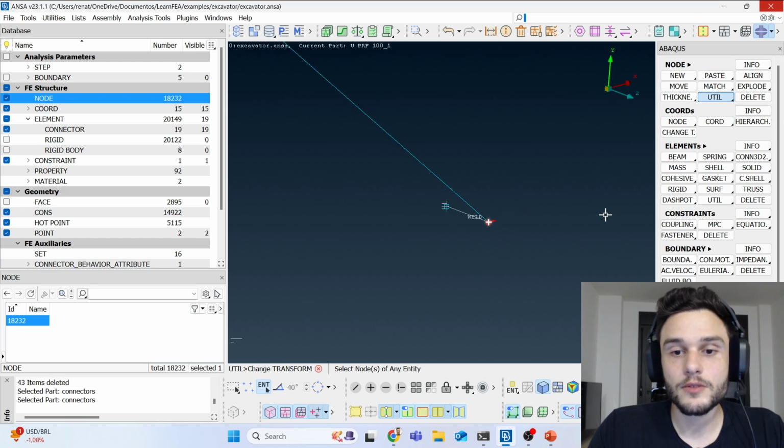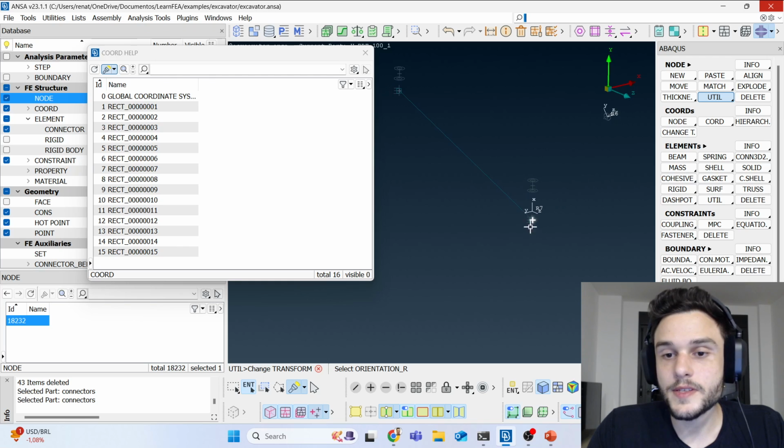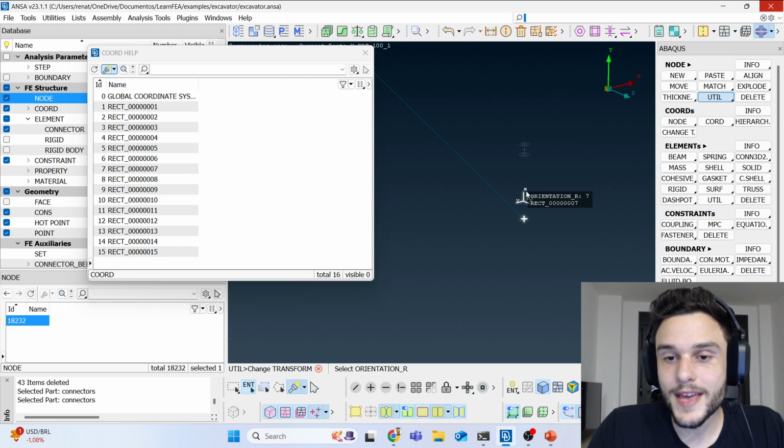So select this node that we want to change the coordinate system, middle mouse button, and now here we should choose the coordinate system. What is going to be the coordinate system for this one? Let's zoom out, and you see that in my case I have the coordinate system shown here. This is the one that we want, because this is the one that we used for this hinge, for this hinge, and for this hinge, for the 2 hinges of each gear. And you see that for this coordinate system, we have the x-axis in the axial direction of each gear, which is what we want. So select this coordinate system,